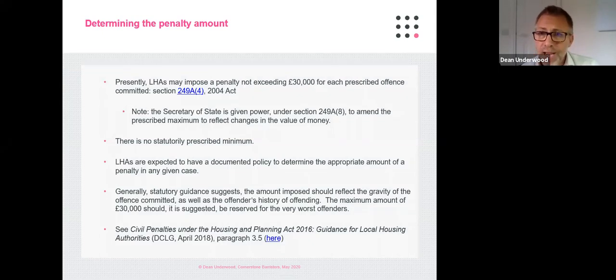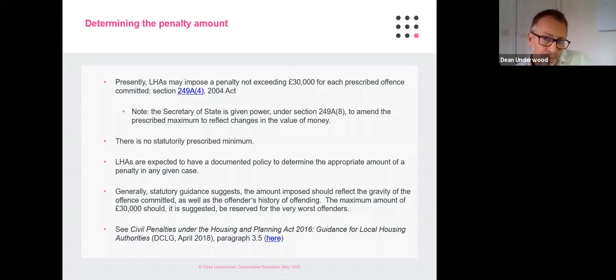So importantly, LHAs may impose a penalty not exceeding, as we know, £30,000 for each prescribed offence. The Secretary of State does have power, as you'll see from the slide, to increase the amounts, the prescribed maximum for that penalty, to reflect changes in the value of money. No such change has yet been effected. There is no statutorily prescribed minimum, however, and local housing authorities have a wide discretion in each particular case to